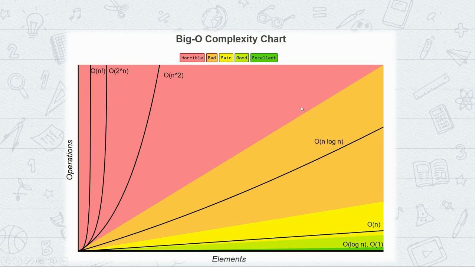So guys, these are all the different time complexities in the chart. The y-axis is the operations, you can just assume it is over time, and elements is the number of inputs. You can see that the best technique is O(1), in dark green color. After that, the O(log n) technique is in light green color, and after that O(n) is in yellow color. So we have discussed only these O(1) and O(n) techniques till now,